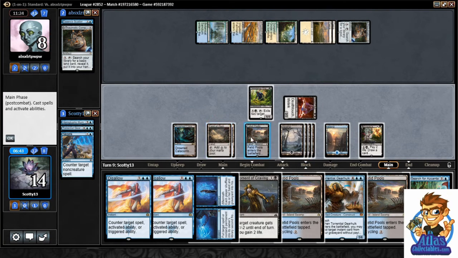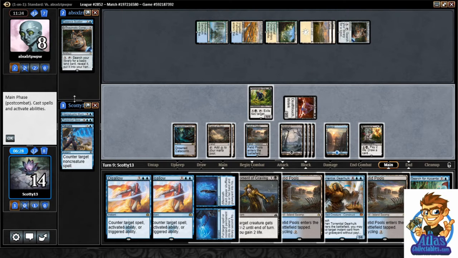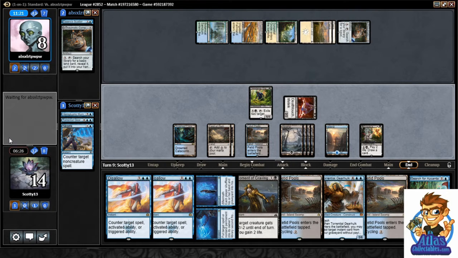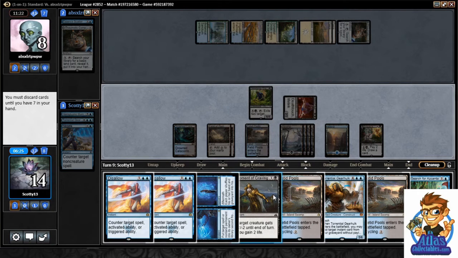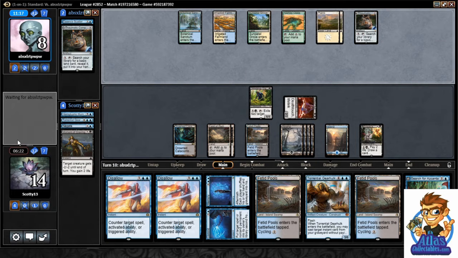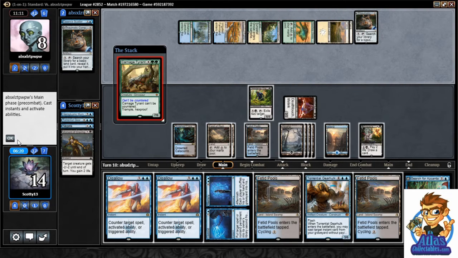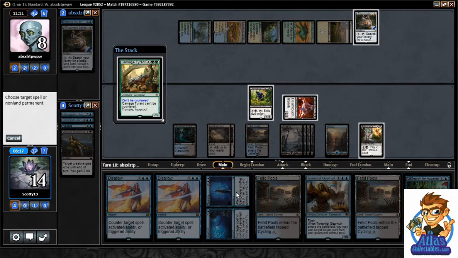Six, and then I have 3 left over. Okay. Ooh, except I don't have a blue source. I don't have 4 blue sources. That's kind of scary, actually. Let's just pass. Crap. Well,